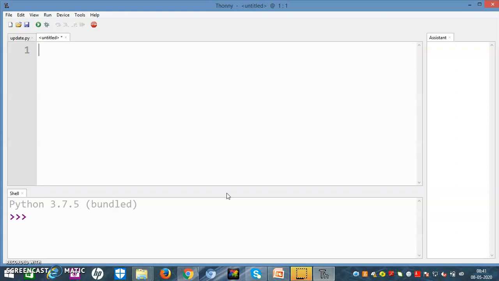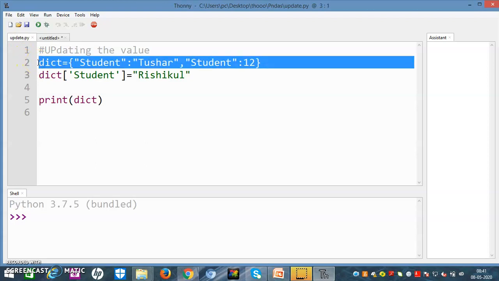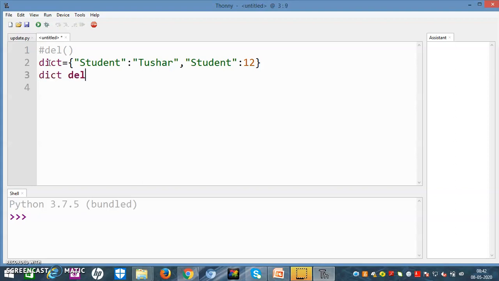Let me copy it. This will become easy for us. I have copied and pasted here. Right. Now what I have to write according to what I have shown you: dict del.